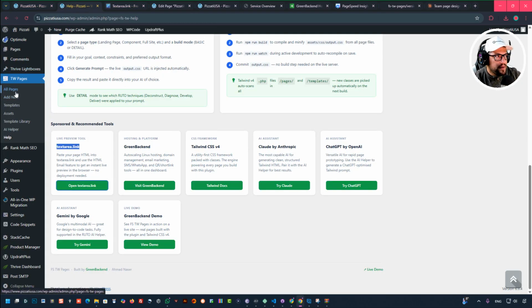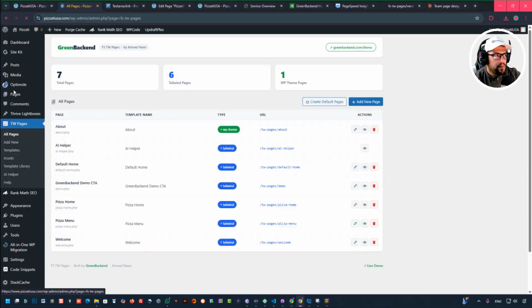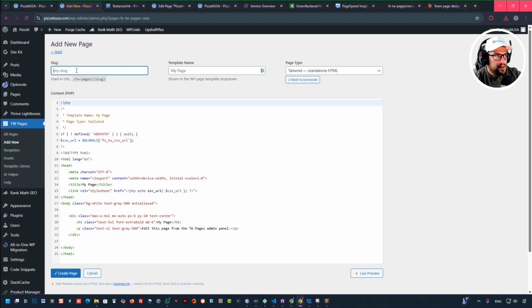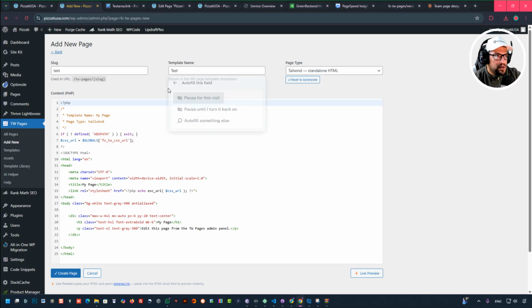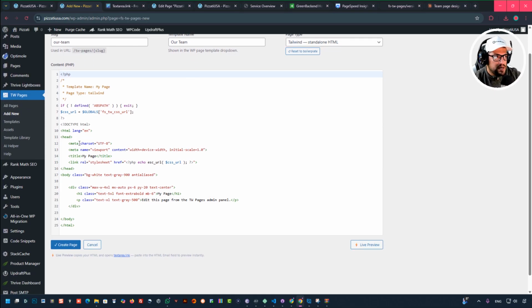this plugin. You go to all pages. We need to create a new page. I'm just gonna name it test, or let me say test like that, or our team. All right, let me just hide this. Let's say our team, and the slug is our team, like that. I'm gonna use Tailwind CSS. I'm gonna keep the content as is with these default settings, and after that we'll go to this place, replace